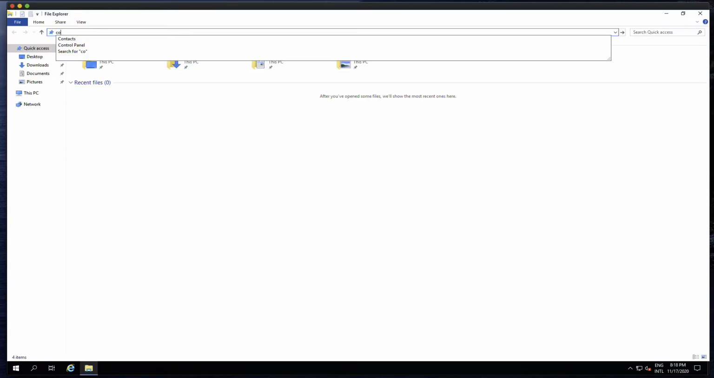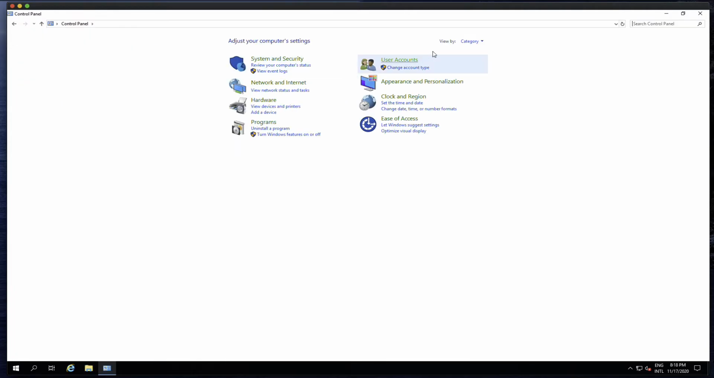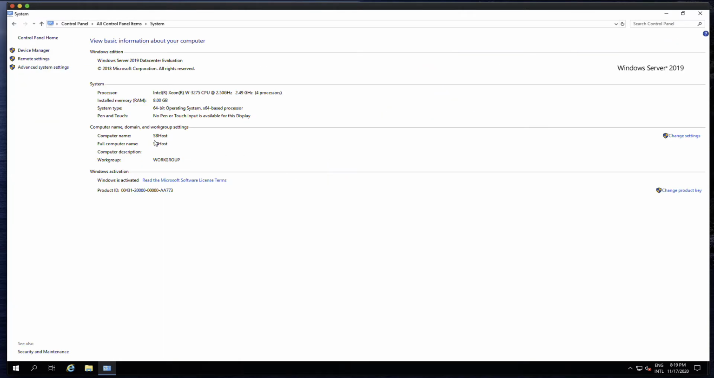We are going to go back to the Control Panel. Oops. Control Panel. Okay, large icons again. System. Okay, SB host is the name of the machine. Yes, we were successful in changing our host name. This machine will be the foundation, as I already said, for our Hyper-V. It will be the Hyper-V host, on which we will put our virtual machines for the remaining part